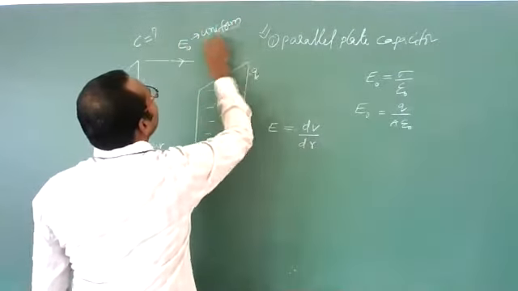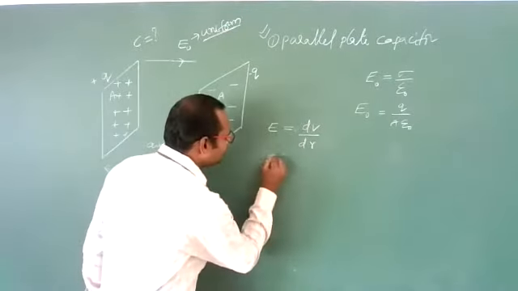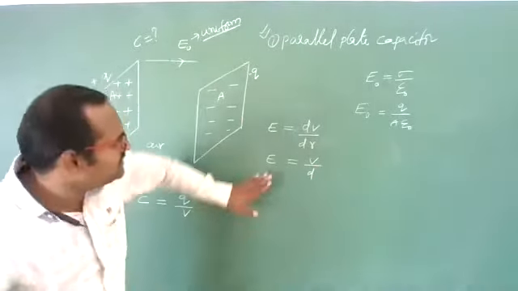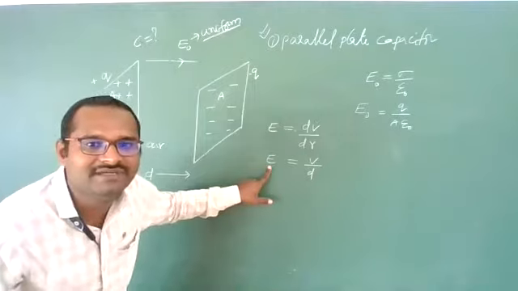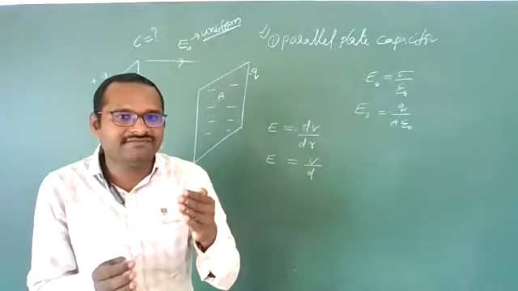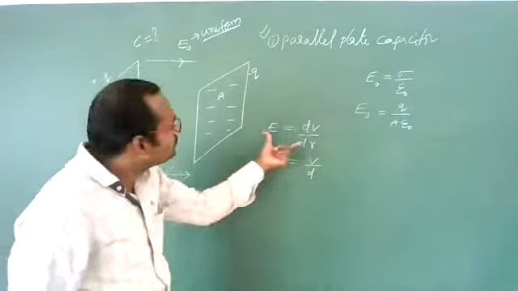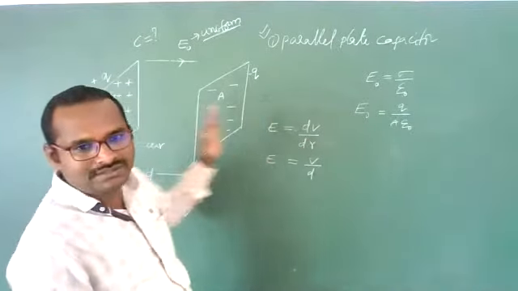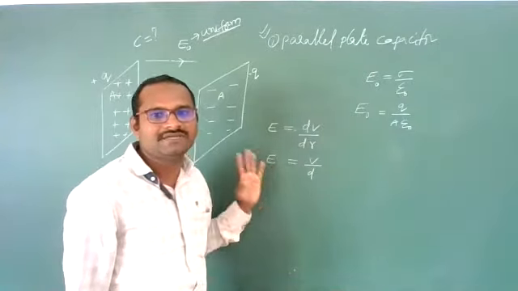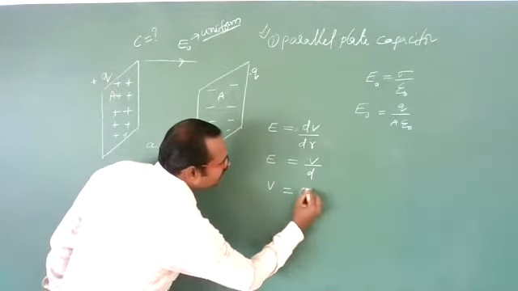So whenever we have a uniform or constant electric field, this dV by dr will become V by D. Clear? So this formula I am writing for a uniform electric field. If the electric field is non-uniform, then we can write this. Means for a variable electric field, here one electric field value, here a different electric field intensity, then we need to use this. If the electric field is constant throughout this region, then you can write V by D, voltage per distance, is nothing but the electric field. Then voltage can be written as E into D.